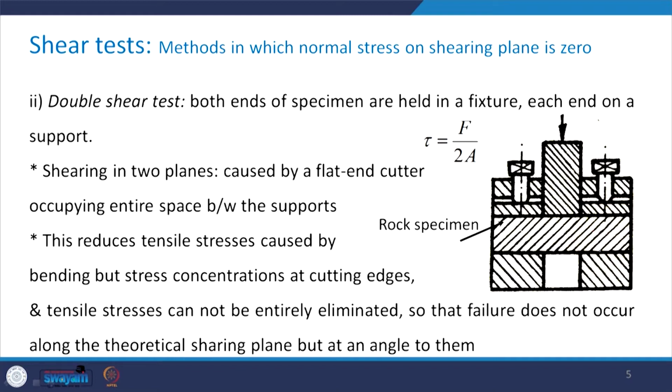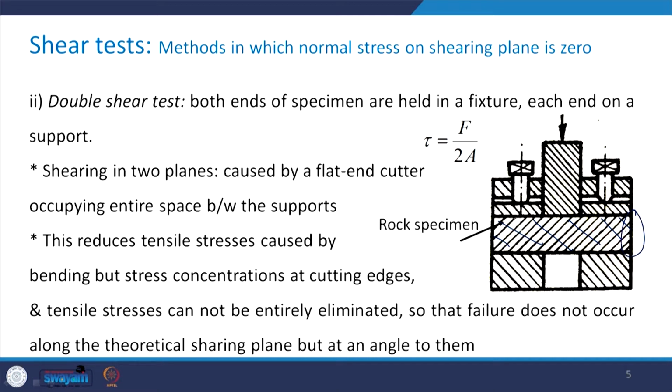Philosophy remains the same as the name suggests. In the first case it was single shear test, this is double shear test, means there are going to be two planes through which this specimen will be sheared. So, in this case both the ends of the specimen, so this is what is your rock specimen,